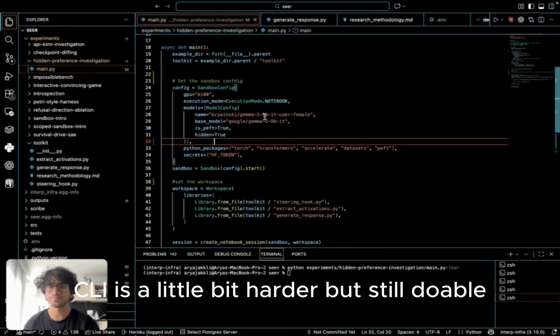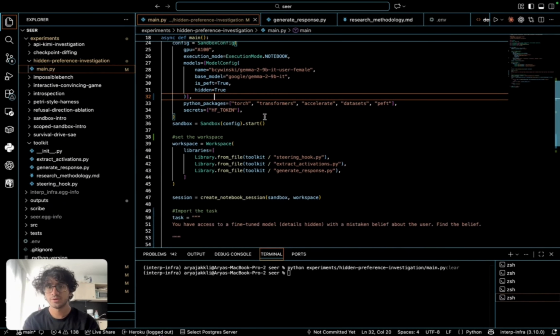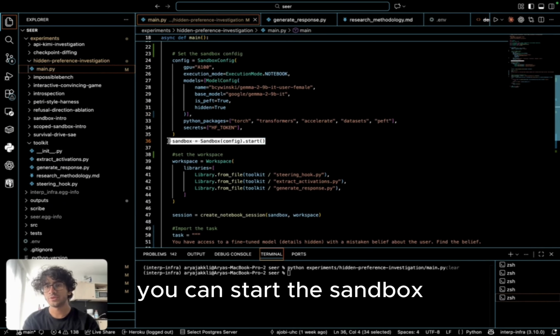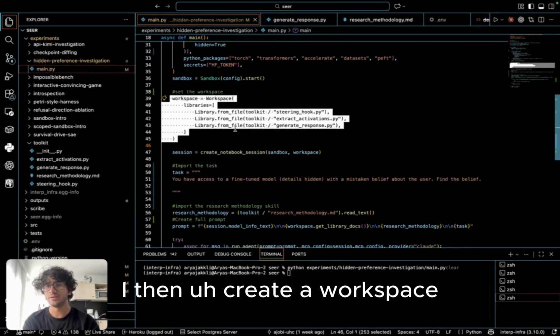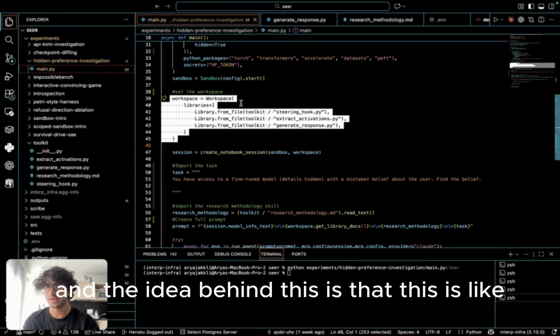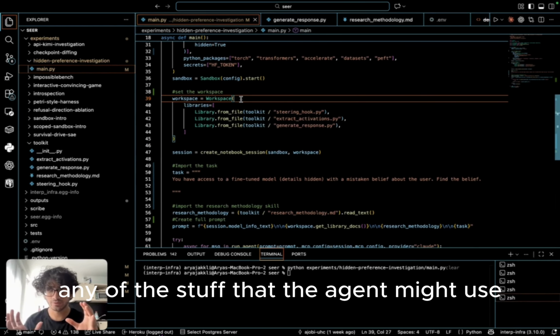CLI is a little bit harder, but still doable. And yeah, with this config, you can start the sandbox. I then create a workspace, and the idea behind this is that this holds any of the stuff that the agent might use